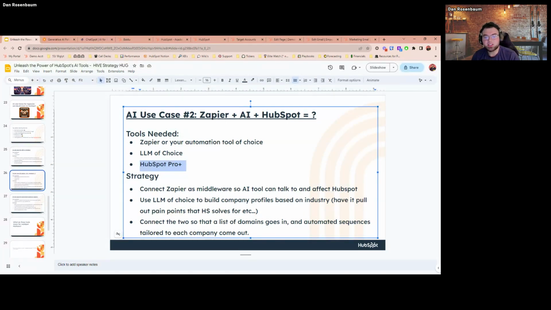What that's going to do is pull in all the pain points, some materials and stuff like that. And based on the setup that you have, you can connect it so that as ChatGPT is making these profiles, it will create sales emails to add to sequences that, if you're feeling brave enough, can automatically go out to those contacts and companies that you want them to go out to. I always recommend having a human in the loop, but to each their own.